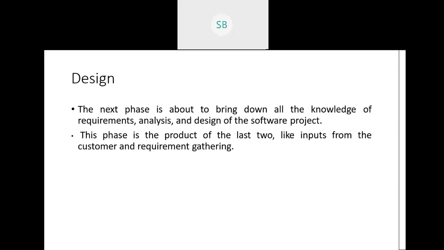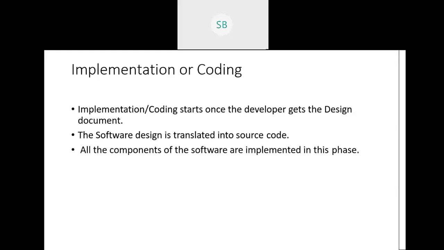Then those diagrams are forwarded. In the diagrams it is clear what will be the input and what will be the output. Now that is given to the developers, the coders. The coders don't have to do anything else. They will see the design and just code it. How they code depends totally on them. They code it, and the project is ready.